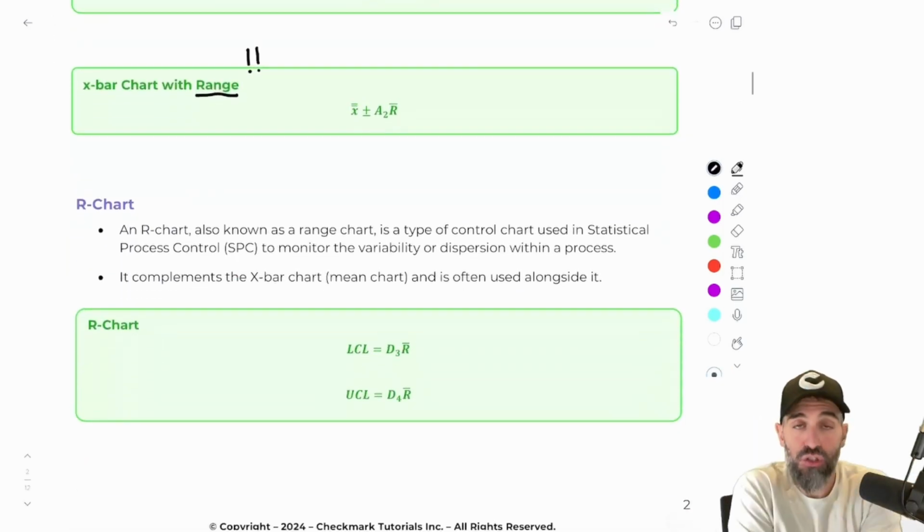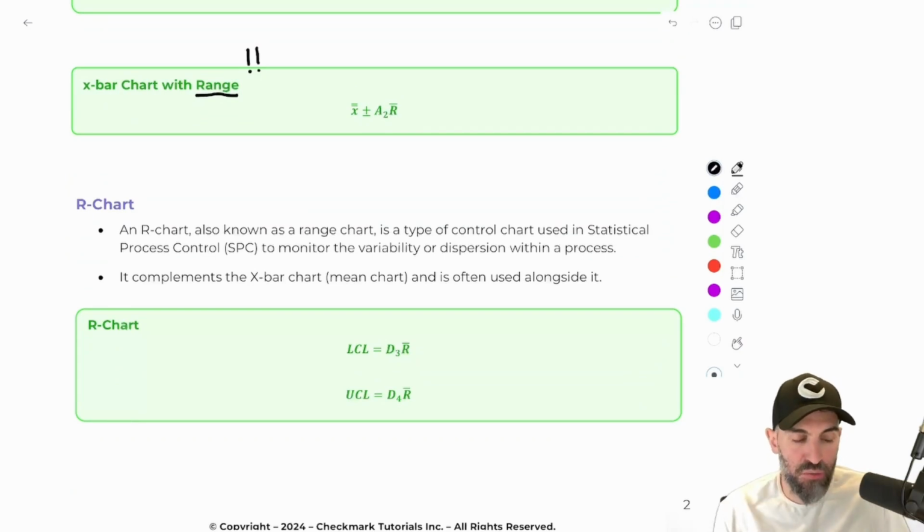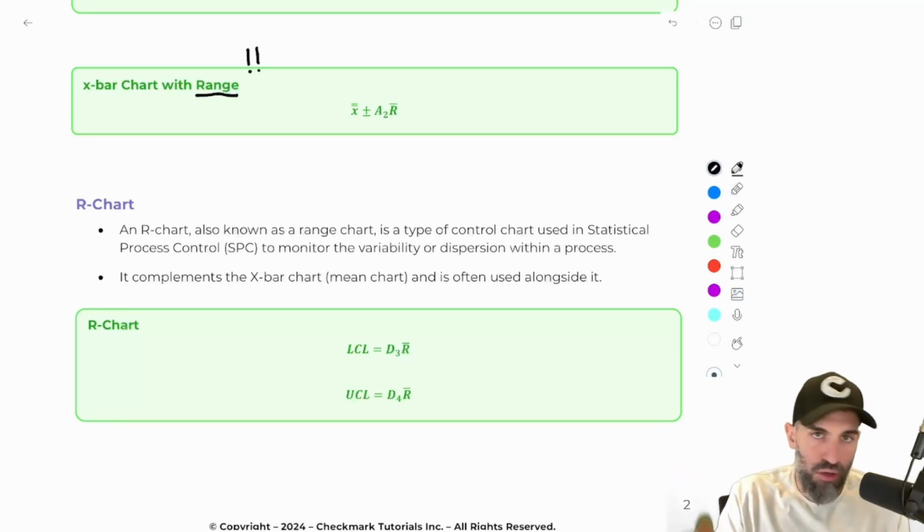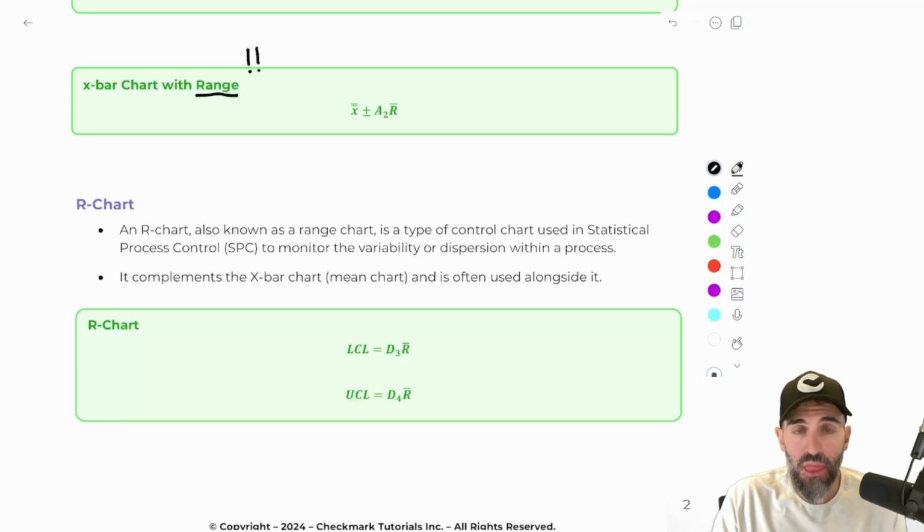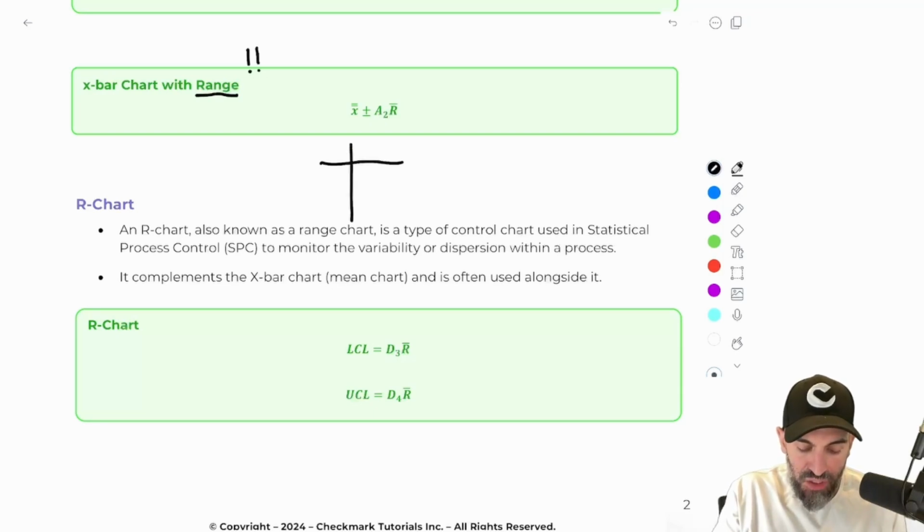And then you've got the R chart. The purpose of the R chart is not to monitor the average, but instead to monitor the range. R stands for range. I'll give you an example of why this matters. Let's say you again are changing tires on a car, and the way that we usually use SPC is we'll take multiple samples and we'll inspect them. So let's say we had a sample where on day one,